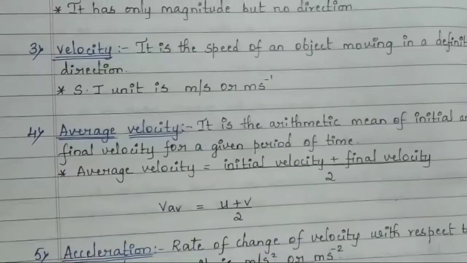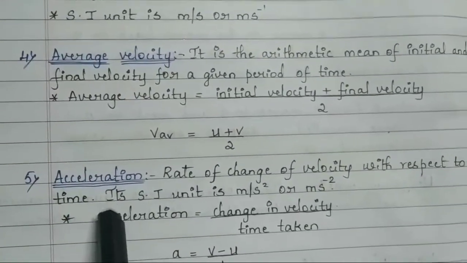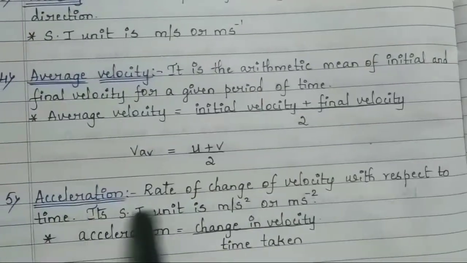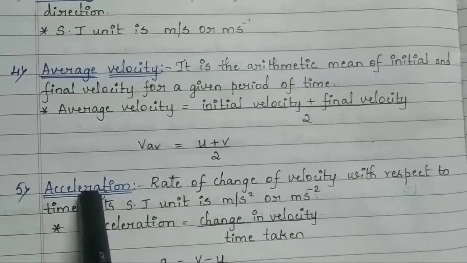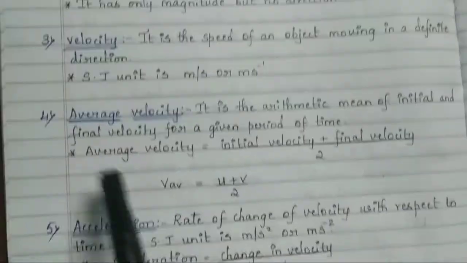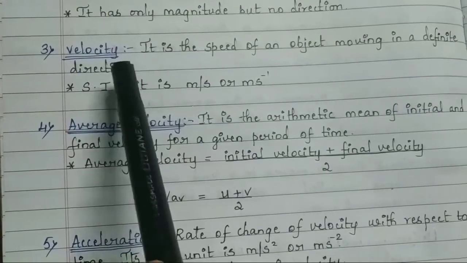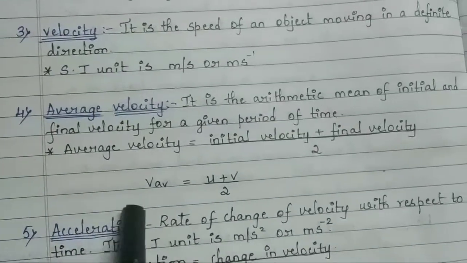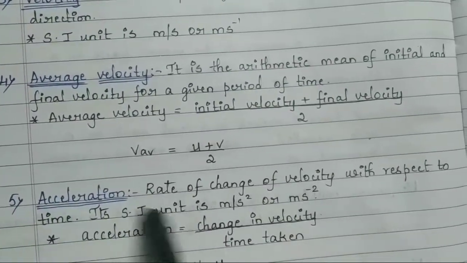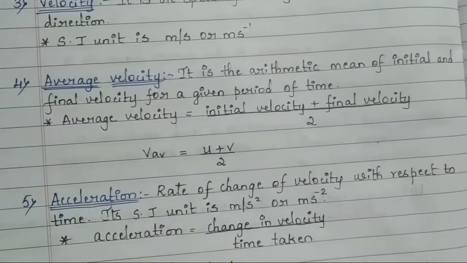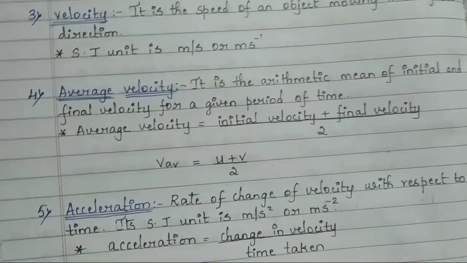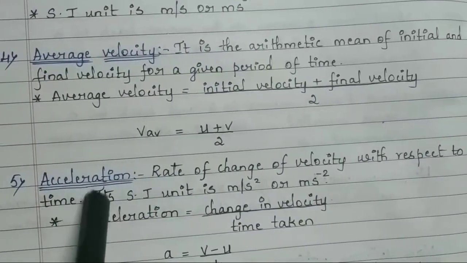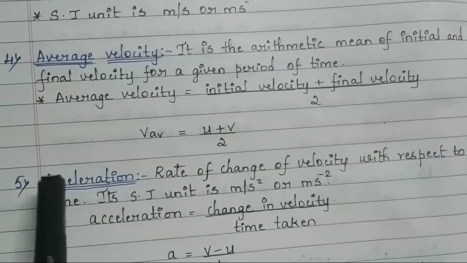The next thing that comes here is acceleration. You have studied velocity and average velocity. So what is acceleration? Acceleration is nothing but the change in velocity. You can find velocity as well as average velocity in the case of uniform and non-uniform motion. Suppose the velocity is changing, how can you find the average velocity as well as velocity? So one more term we have to consider, that is acceleration.